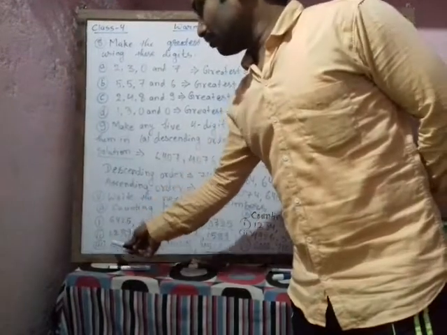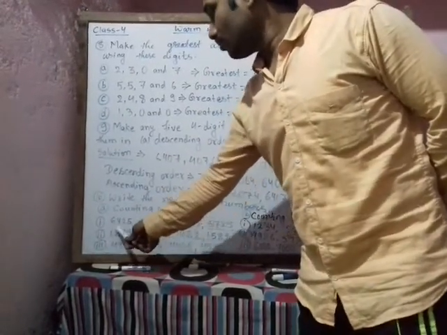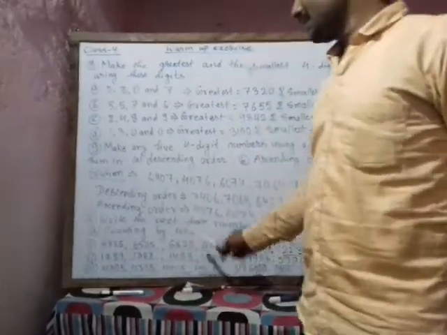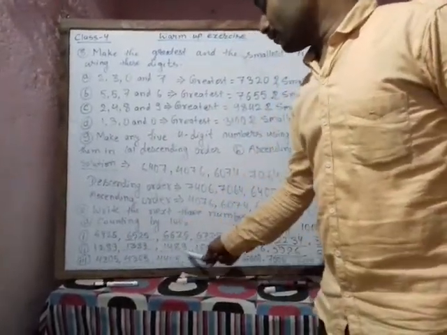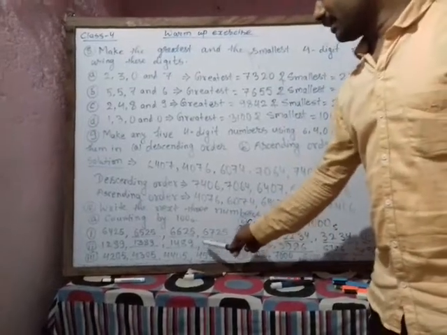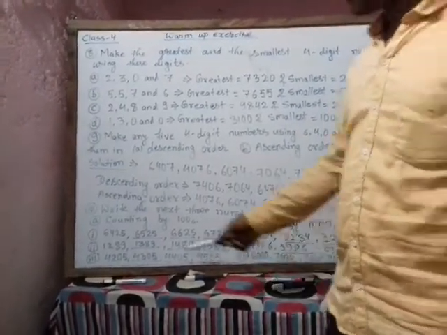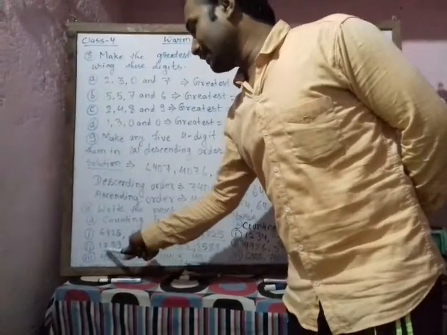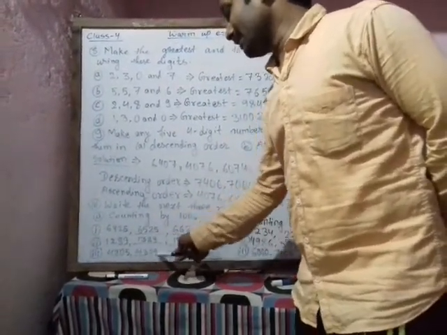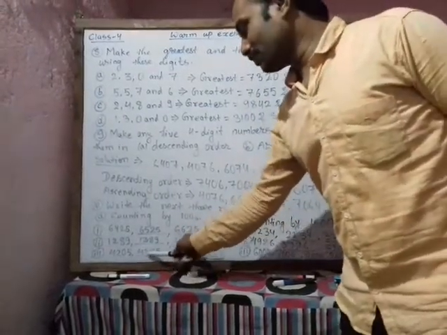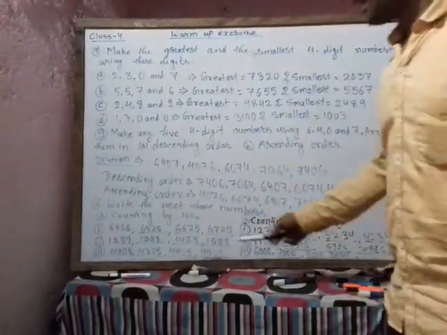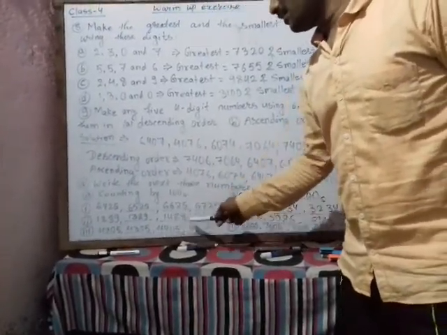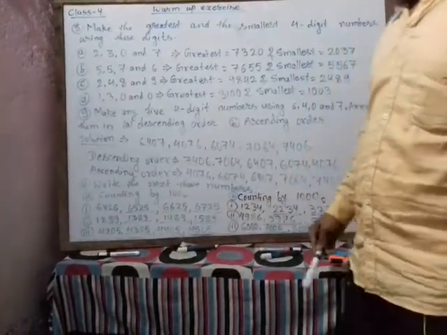We can see in question number 2, that is 1289. So in the hundreds place, 2 is there, so that will be increased to 3, 1389. Then again it will be increased by 1, that is 1489, and again the 100 place will be increased by 1, that is 1589. If you see the last third question, that is 4205, 2 is in the hundreds place, so that will be increased by 1, 4305. Again this 100 place will be increased by 1, 4405, and again 4 in the hundreds digit will be increased by 1, so it will become 4505.